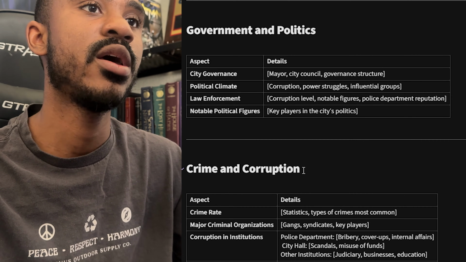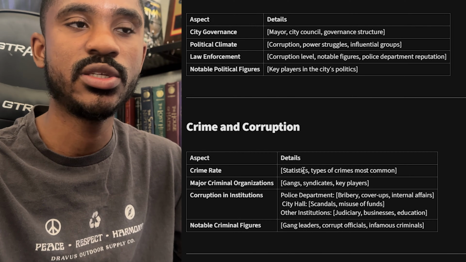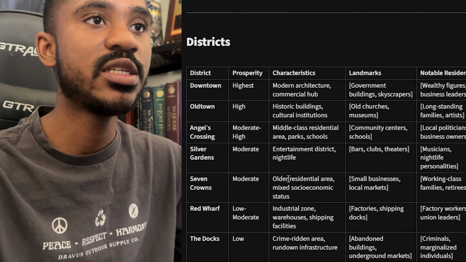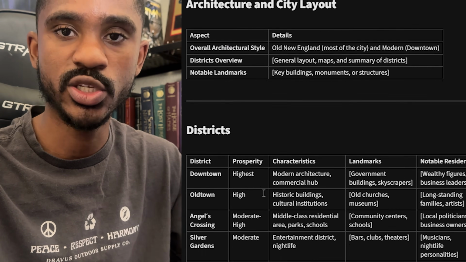And I'll just probably check in when I come up with something cool or I have something I want to show you. But this is basically how I'm going to be fleshing out the city that I created for my mystery thriller book. And yeah, I feel like these are all important things that you need to know if you are world building a city, whether it be a modernized city like I'm making, or even if you're making a fantasy city or a science fiction city, or basically a city or a planet or anything in any genre.